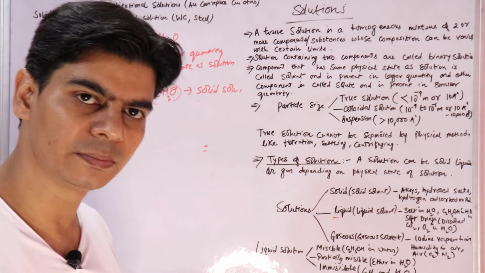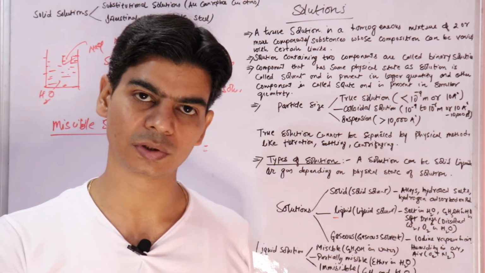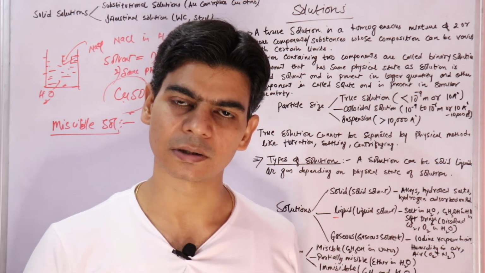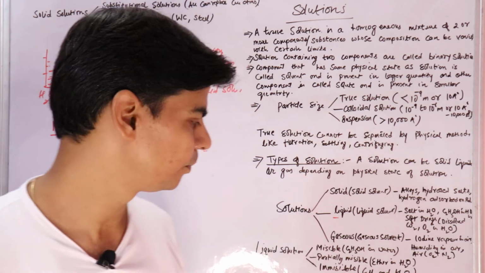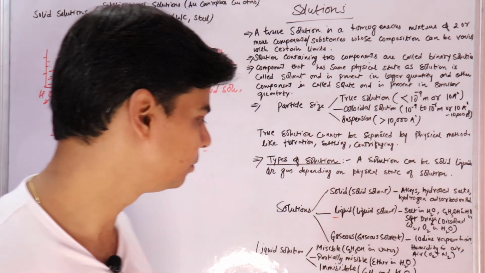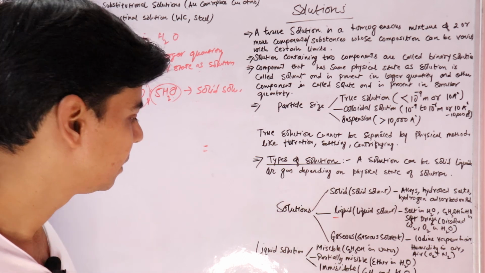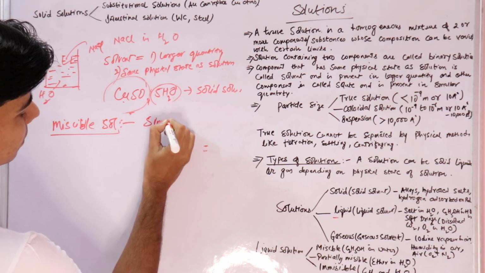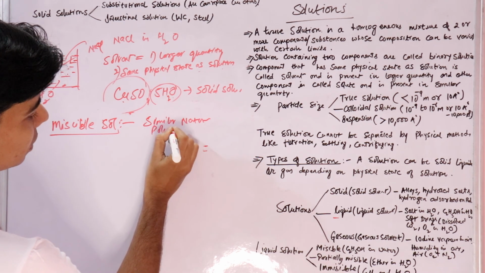And why does it form miscible liquid solutions? There is a condition for miscible solutions: both the components, that is both the liquids, should be of similar nature. That is, both the liquids should be either polar or non-polar. Ethanol and water both are polar, so it forms a miscible solution. Then we have something called immiscible. Since these are of similar nature, that is, similar nature means both liquid